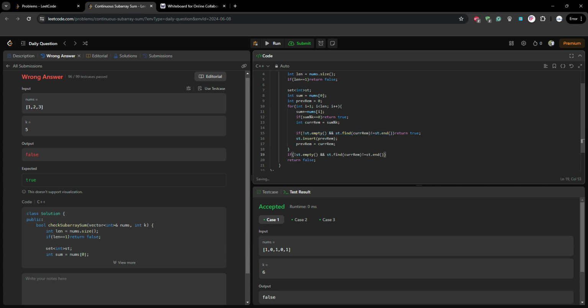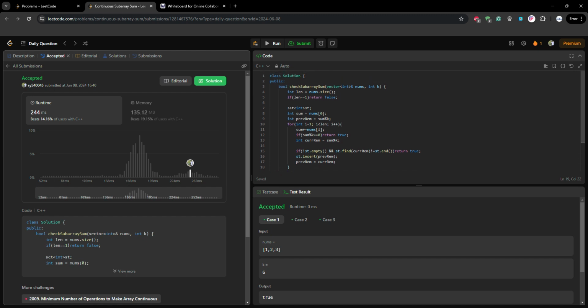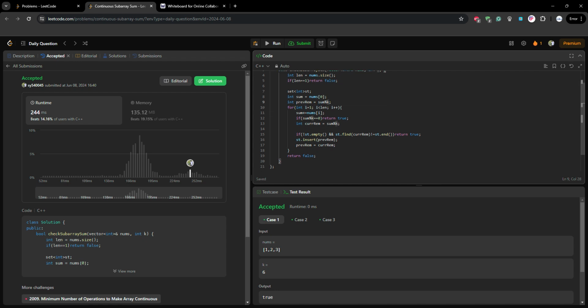So this is it. Even though I said I will not upload, there was a very small issue that I was doing wrong. Instead of initializing the previous remainder equal to 0, we need to initialize it to the first element's modulo k, so that it's good. That's it. I'll stop the recording.